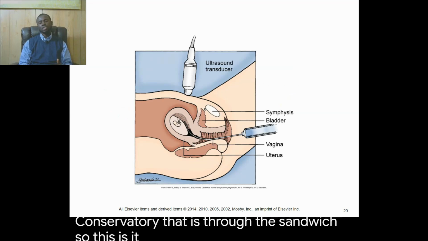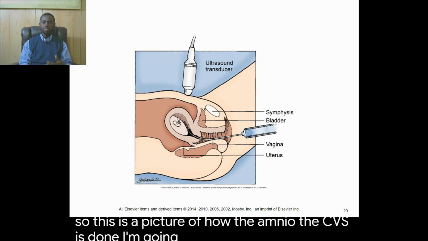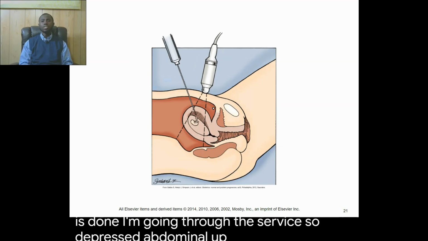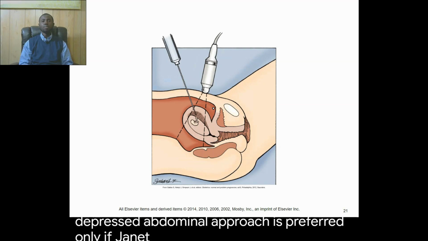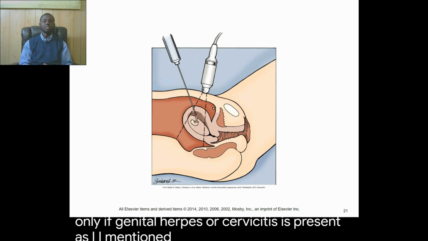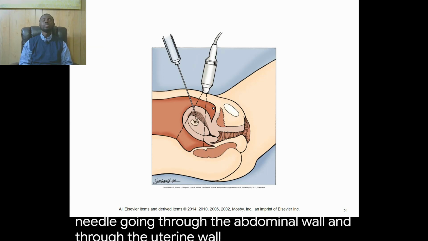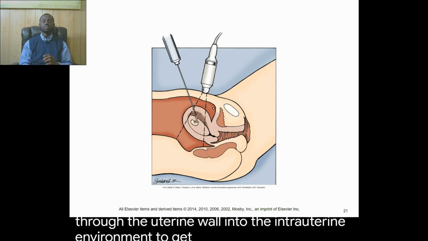So this is a picture of how the CVS is done. I'm going through the cervix. Okay, so the transabdominal approach is preferred only if genital herpes or cervicitis is present, as I mentioned, and this is done with a needle going through the abdominal wall and through the uterine wall into the intrauterine environment to get a sample tissue from the